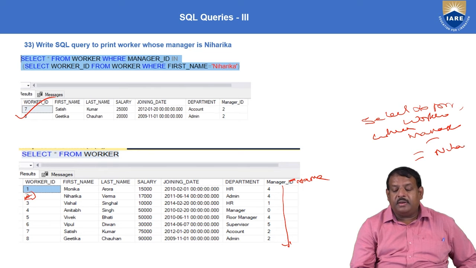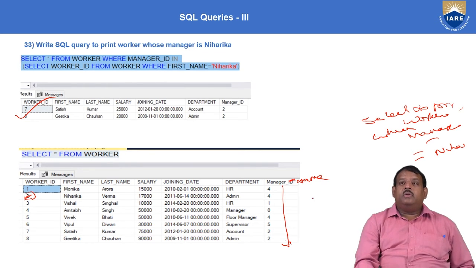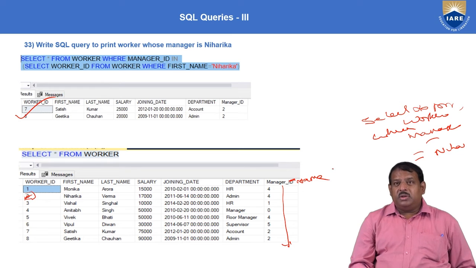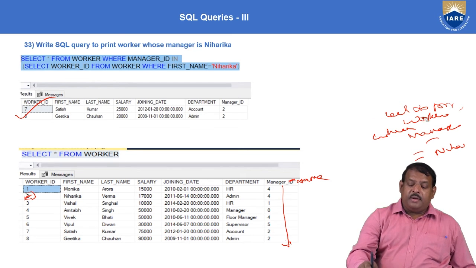But this is not the case here. Your column is having an integer value. So that's why you have to use the inner query, to get the data from the other table.